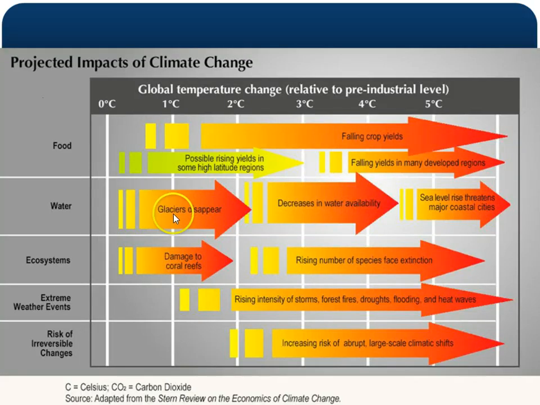Now, the glaciers are going to disappear. This is going to be a problem, right? Coral reefs are starting to be damaged, partly because of ocean acidification, which we'll talk about in a second. Okay, but nothing's irreversible at this point. Ooh, when we start popping up to 2, right, you've got your rising intensity of all of your storms. Okay, that's going to add to it.